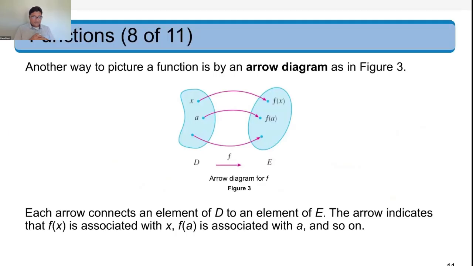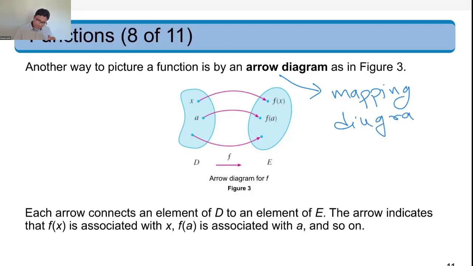Here is another way to represent functions, the mapping diagram or arrow diagram. Okay, another name for it is mapping diagram. And what do we do in this diagram? We draw one circle or one oval with domain elements, one oval with range elements, and you point the arrows. Okay, and useful, right, for small